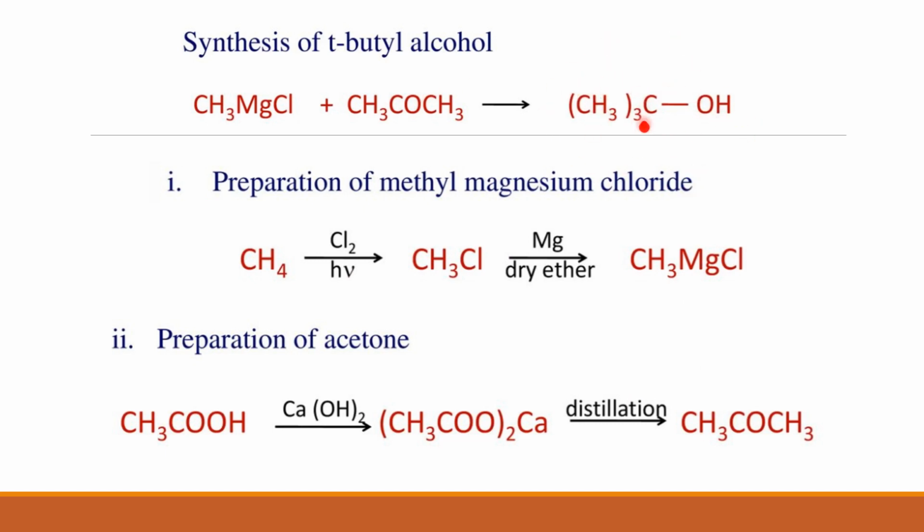Are you understanding this, students? Are you there? I'm not able to see anything on the chat box. Okay, have you all understood this? Convergent and linear. Have you understood the difference between the two? What you can remember, linear means what? A to B to C to D. And convergent means what? A to B, C to D, and then B and D combine to give E. Simple examples you can remember.